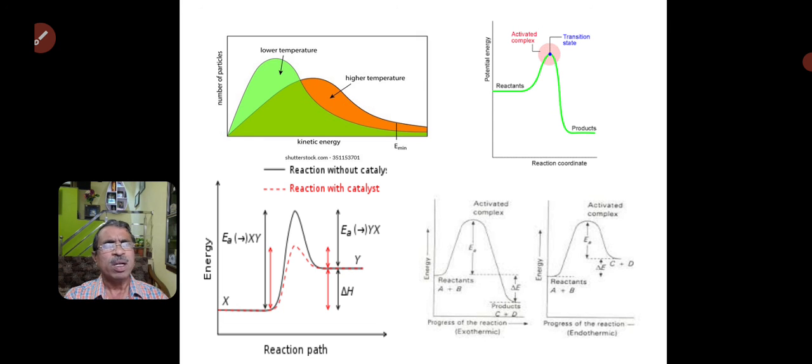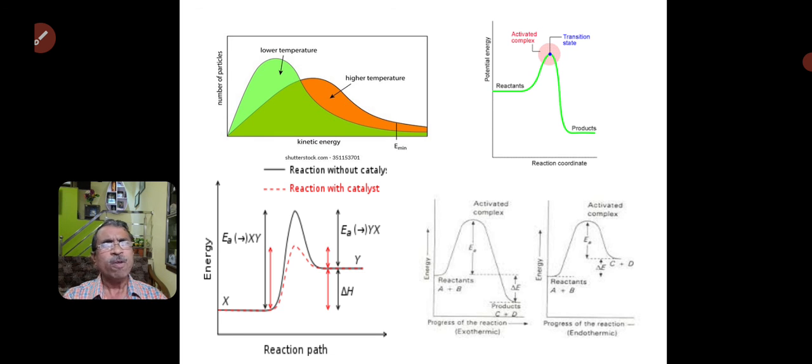Coming to the third graph, this shows the effect of a catalyst on the reaction system. Suppose for a reaction you have not used any catalyst. There, the black colored one, the graph shows the reactant should attain the threshold energy, and then the reactants turn into the products. But when we use a catalyst